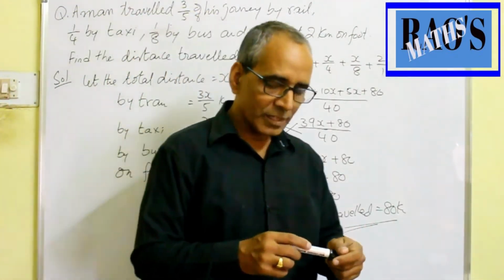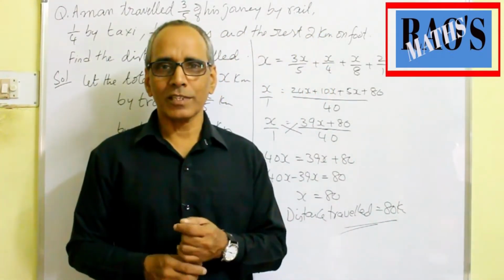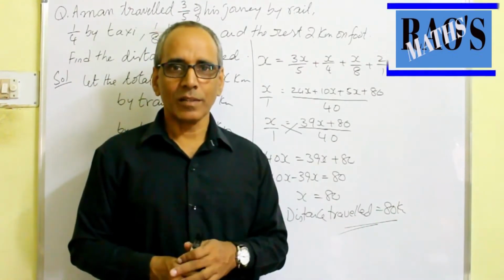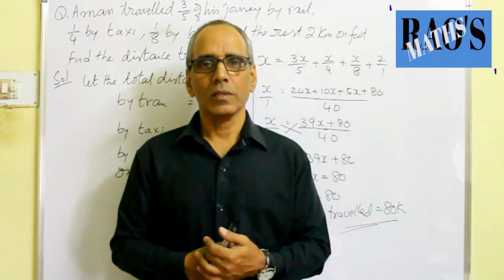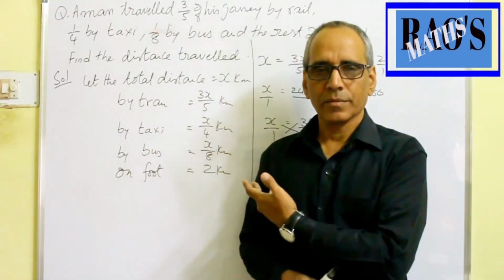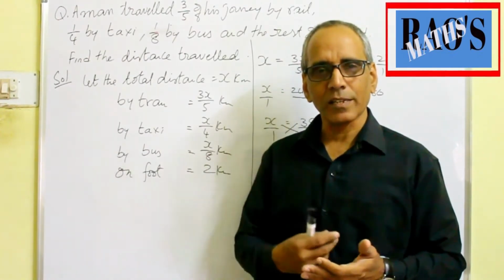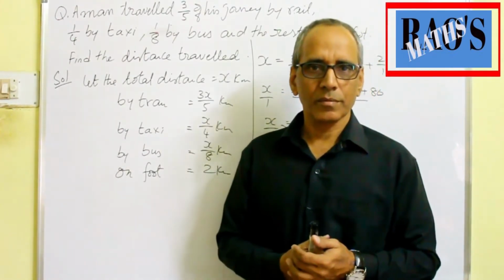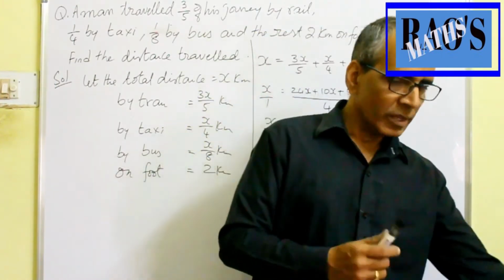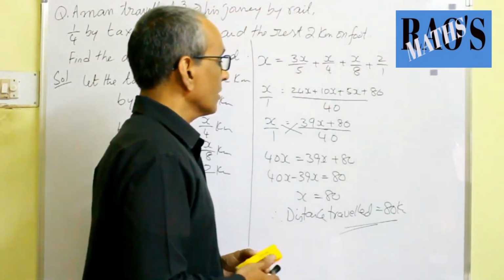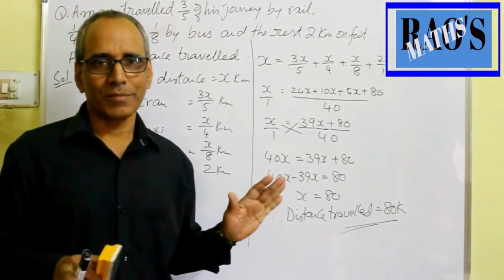There are many questions of this kind. For example, a man left 1/3 of the property to his son, 2/3 to his daughter, rest 10,000 to his wife, find his total property. That is also similar to this. You can assume the total property x and solve accordingly. Very important question. You want that question too? Yes, I do. Here is the question about the property. So in the examination you may get the distance question or property question, but both are the same.